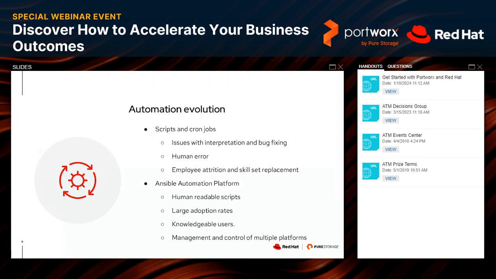and so adopting a platform such as the Ansible platform from Red Hat really allows you to create an automation platform for different applications, environments and platforms, so that it makes it much easier for folks, whether you're looking at network automation, platform automation or application automation, to write these in an automation platform that has everything scripted and is human readable, so you can bring in new people and they can hit the ground running with modifying or adapting those automation scripts over time. I think that is very important.